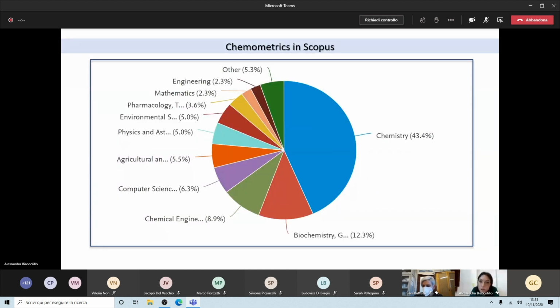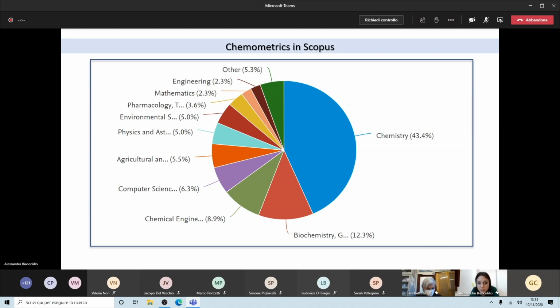If we search for chemometrics in Scopus, we will see that half of the publications are related to chemistry, but at the same time, there are publications related to other fields, like biochemistry, agricultural science, physics, pharmacology, environmental science, and so on. This is related to the fact that we can find in the literature a lot of applications of chemometrics, which is used to solve problems in different fields.